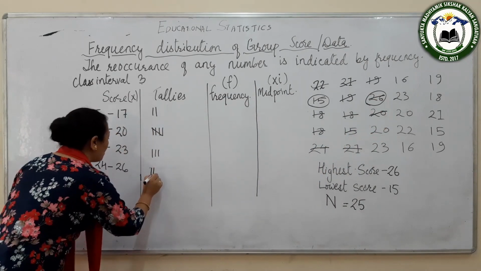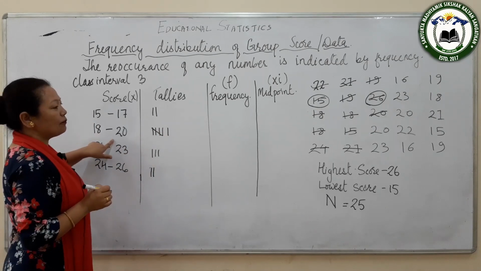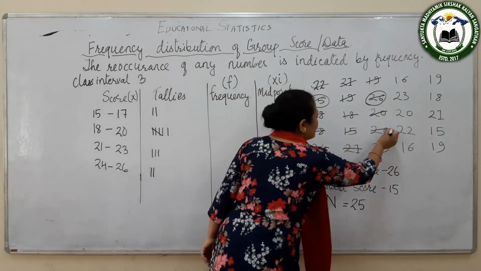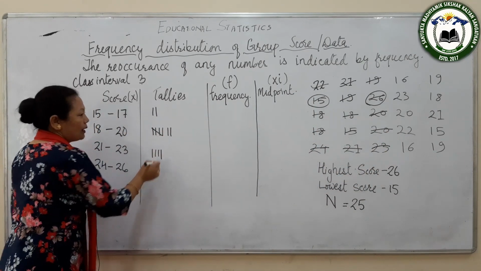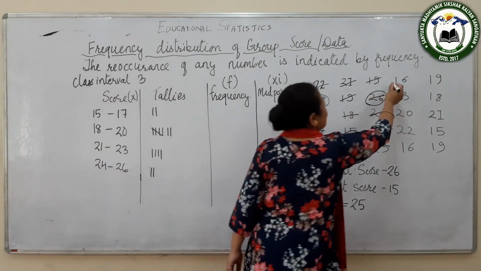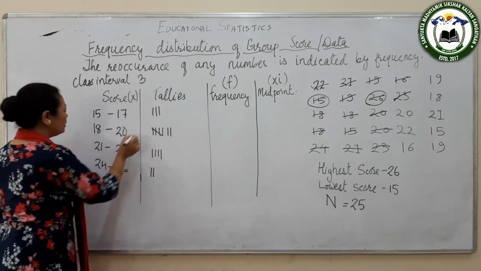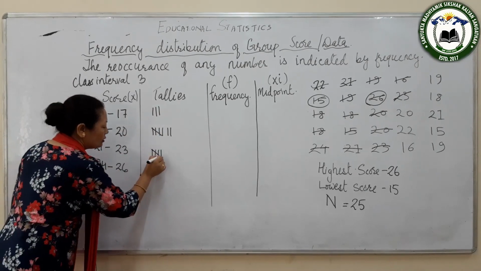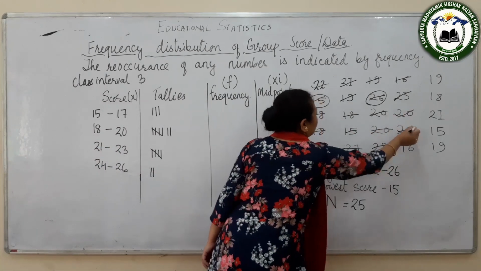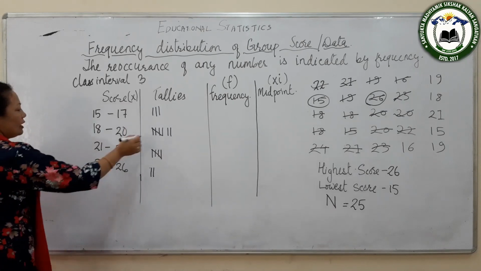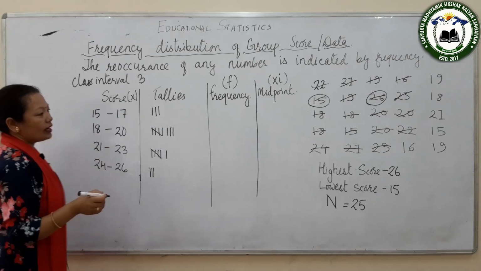So 26, 1 and 20. Again this is the 6th number within this category. Now again we have 20 and 23. So 20 and 23. My next number is 16 and 23. So 16 over here, 23 again, this. Now 20 and 22. Okay, so 20 over here and 22 is in this category.